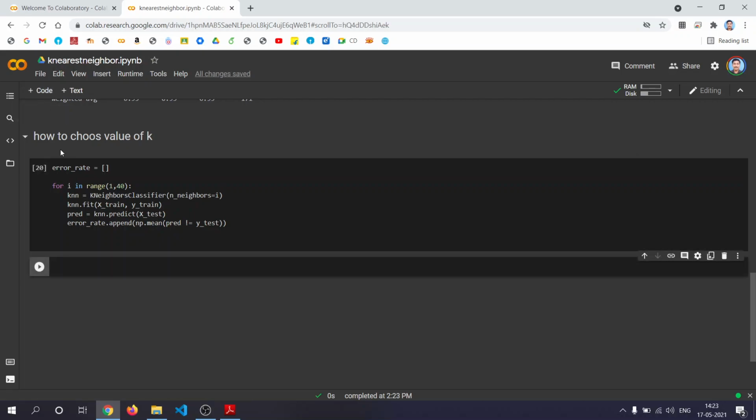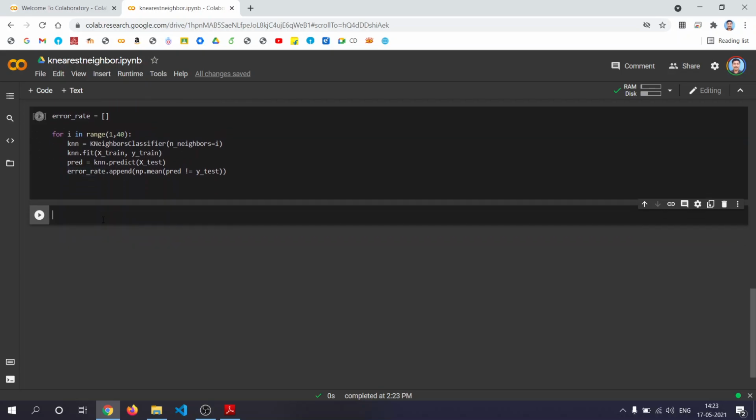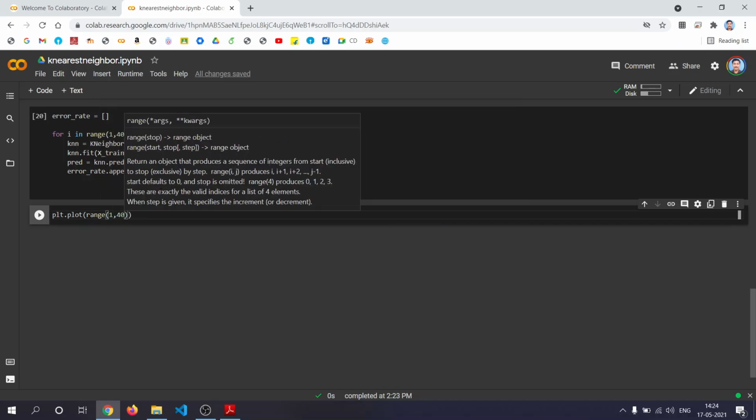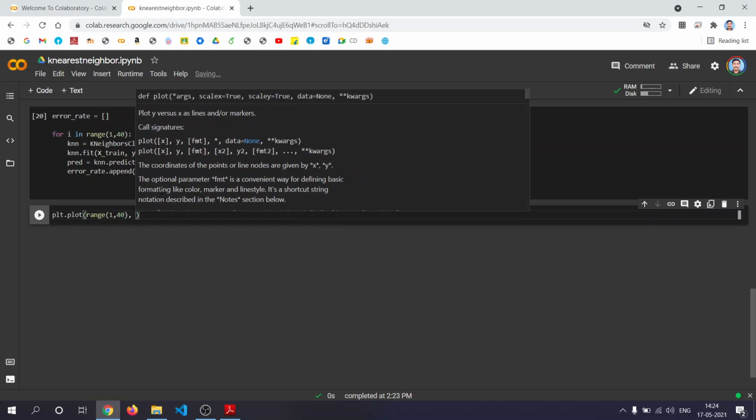Now let's try to plot this in the form of a graph. Then you will come to know what the actual value is. Here in error rate, in an array, we have values like what is the error for k equal to 1, what is the error for k equal to 2, etc. So we will use plt.plot with a range of 1 to 40. 40 values will be plotted.